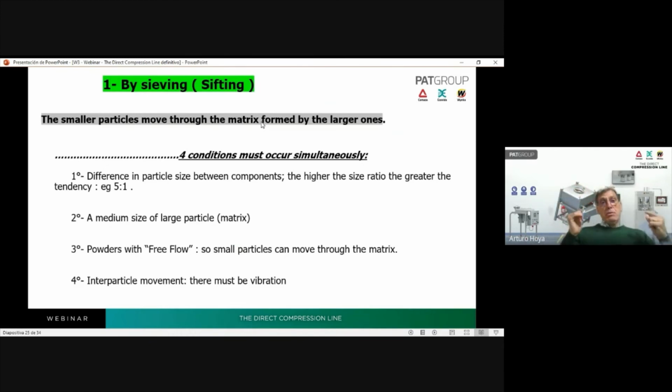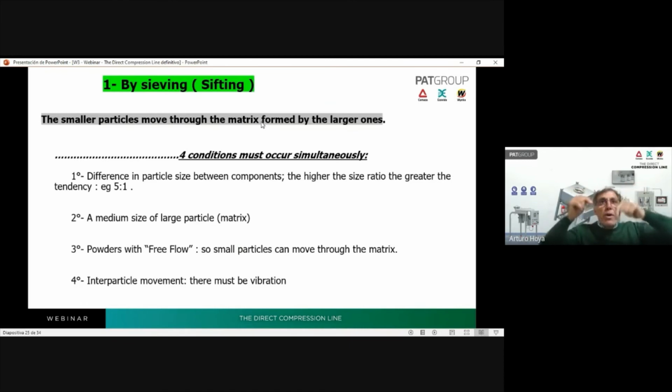But if you put the container in the tableting machine and the tableting machine produces vibration, this could affect and produce segregation,